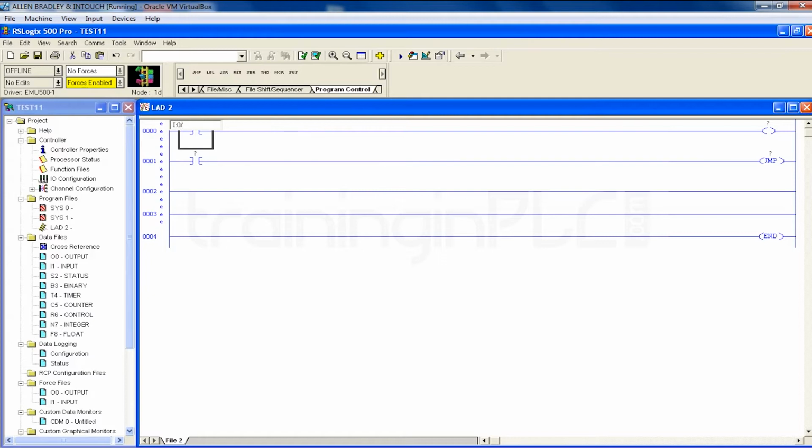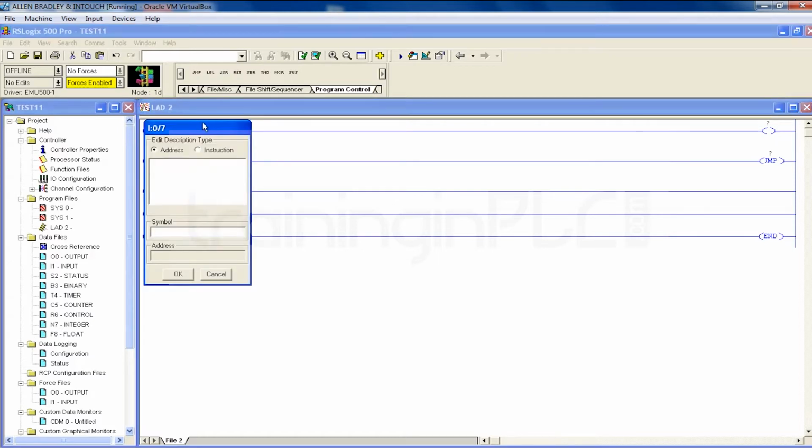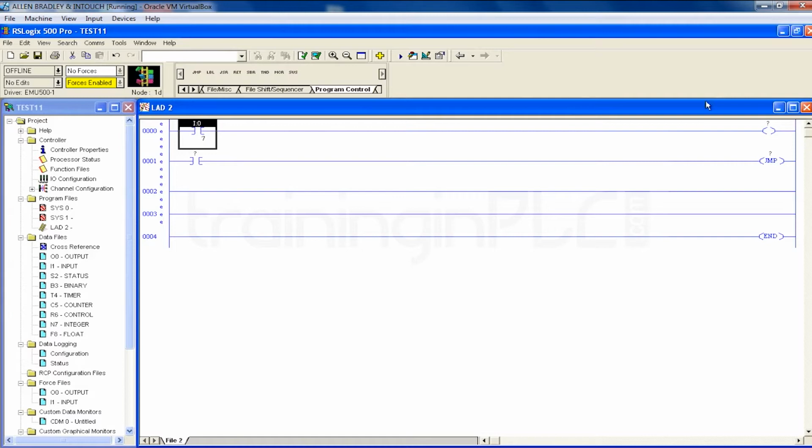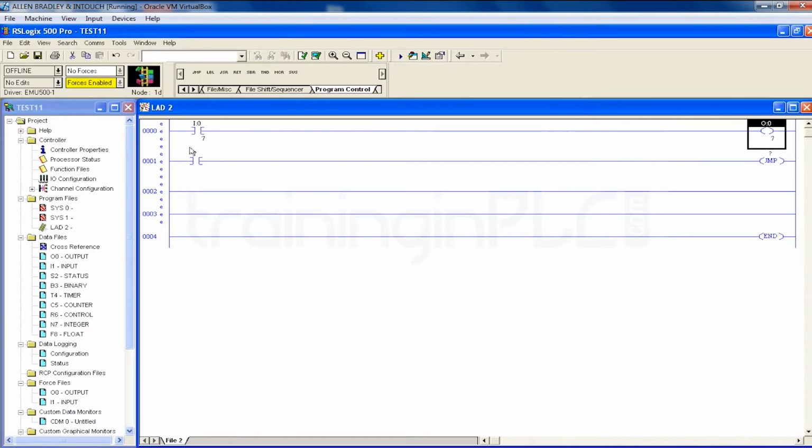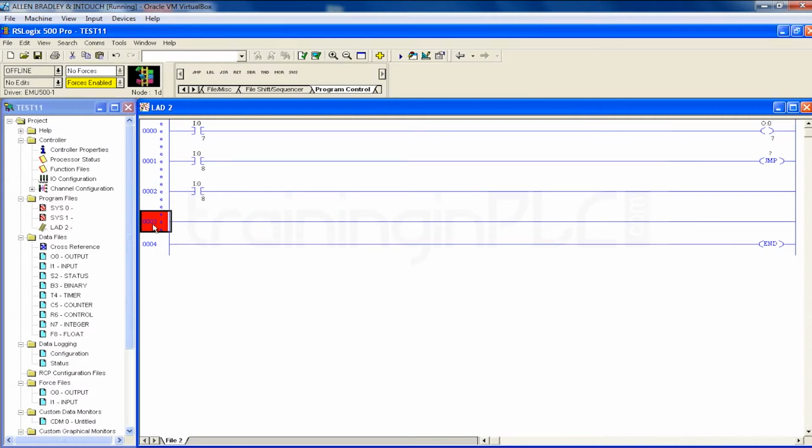I'll just give I colon 0/7 and output is O colon 0/7. Fine. And give one more input here, which may be 8. Here also. Okay, first I'll fill this. Copy, paste.